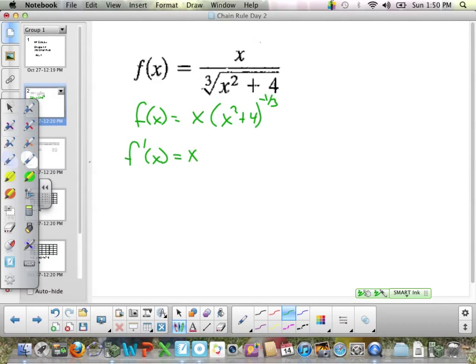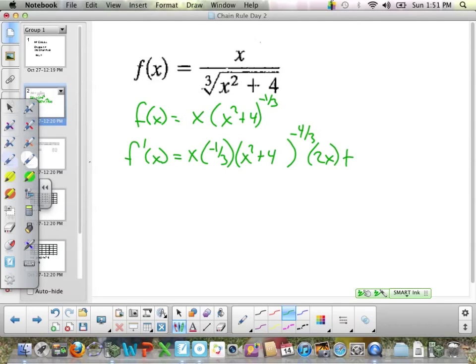Now our second function is what we call a composite function because there's a function inside of a function. And with the chain rule, to do the composite function, we need to recognize the inside function, which is x squared plus 4, and take the derivative of the outside function. So the derivative of the outside function, which is something to the negative 1/3, we'll apply the power rule. We get negative 1/3 times that something to the subtract 1, negative 4/3. Well, the inside function is x squared plus 4, and now we need to multiply by the derivative of the inside function, which is 2x,